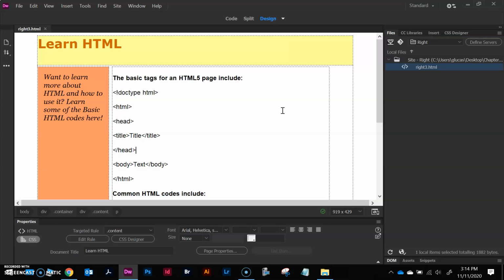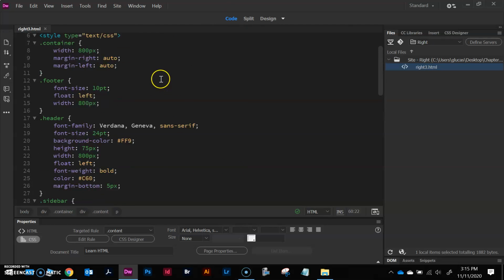This is what it should look like when you're done. Now, before you preview in browser for me, I want to see your inline styles that we did for this. So again, we don't have a separate CSS file. We did them inline. So I want you to go back to your code view within this, scroll back up